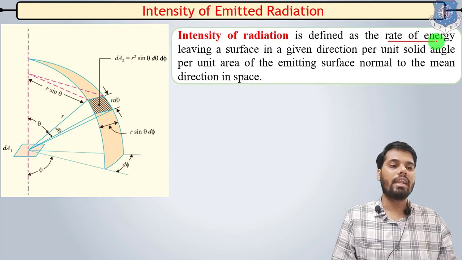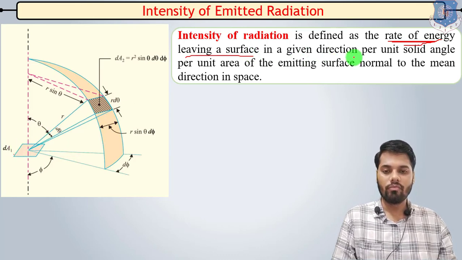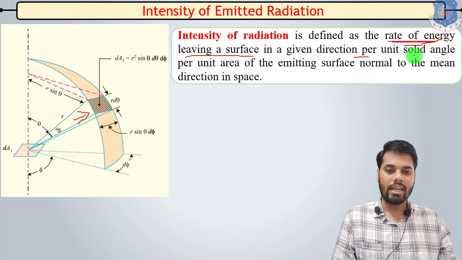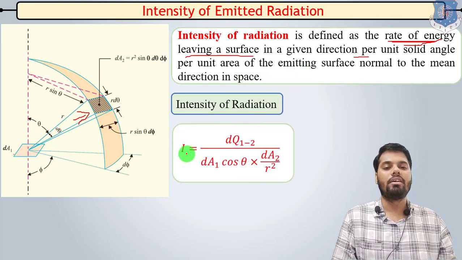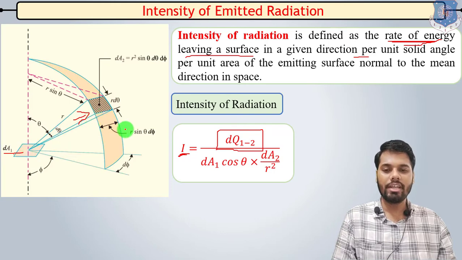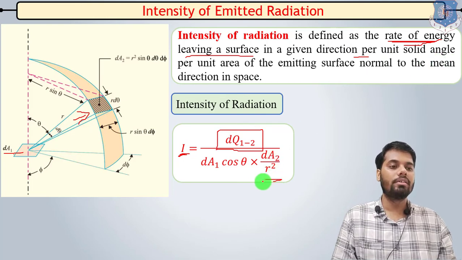It is defined as the rate of energy leaving. Listen carefully. It is the rate of energy leaving the surface from 1 to 2 in a given direction, in this direction, particularly at theta direction, per unit solid angle per unit area. So from the definition, intensity is equal to the energy leaving from the surface, Q1 to 2. This is differential area, that's why dQ 1 to 2, in a given direction